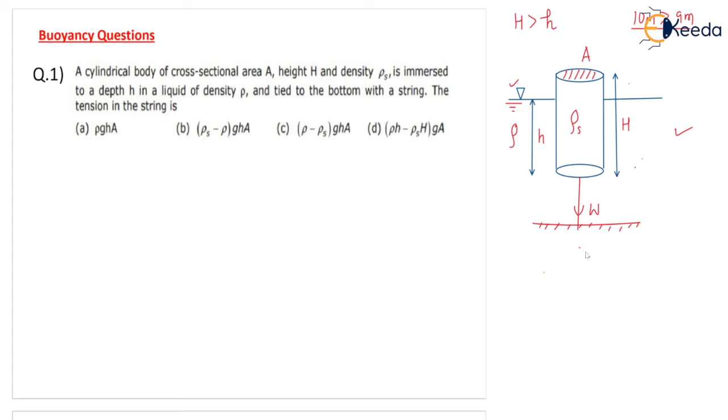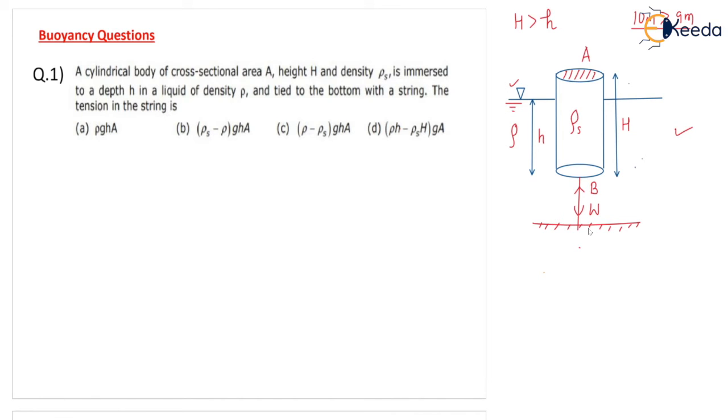So the weight of the body acts in the downward direction. Now the buoyancy force: as per the condition of the body, it is a floating condition, and the buoyancy force is definitely there because some part of the body is inside water. So the buoyancy force acts in the upward direction. How much the buoyancy force is greater than W, we don't know, because it is tied with the string. If the string is not there, the value of small h may be lesser and the body may go upward also. So let us suppose that the buoyancy force is more than the weight.